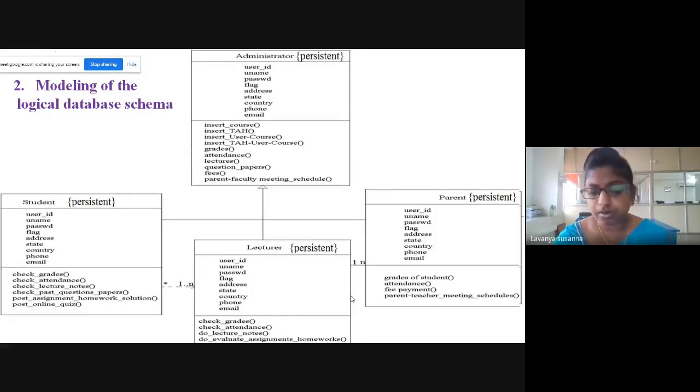First, before drawing the class diagram, you need to know what the system is. What is the software here? Information system of the college. Already you know that. What are the operations you will do, or what are the requirements, or the functionality of that software? You need to understand those functionalities first. Who are the users? You need to understand, then only you can identify all these classes.